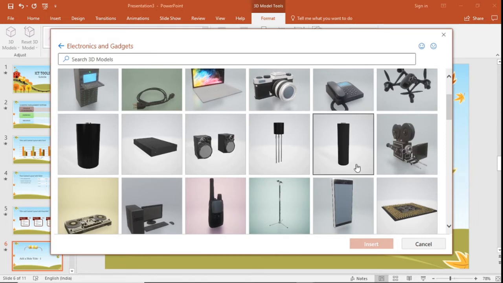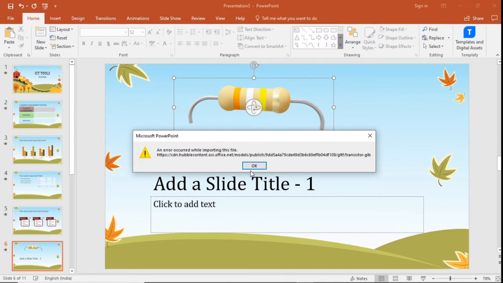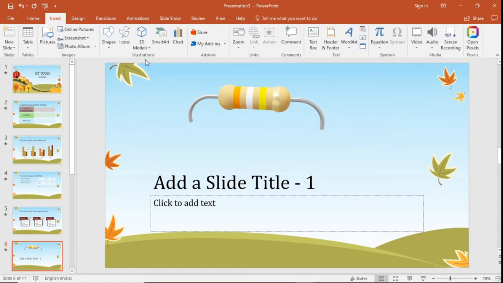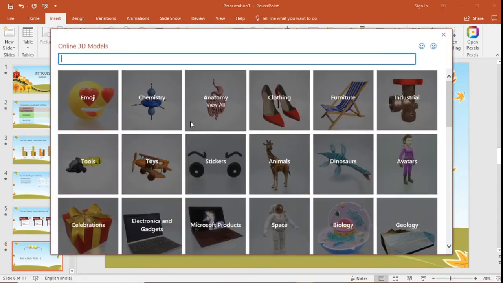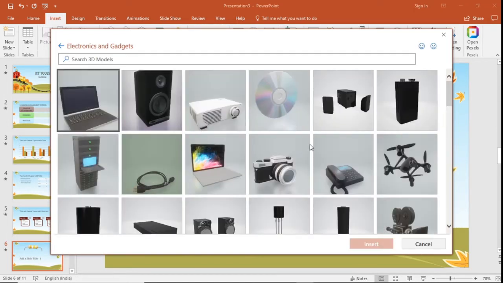So I can insert this transistor. There's some problem. So we can insert a lot of 3D models by going to insert, selecting 3D models and clicking from online sources. Fine. So we'll try inserting, for example, I insert this camera.